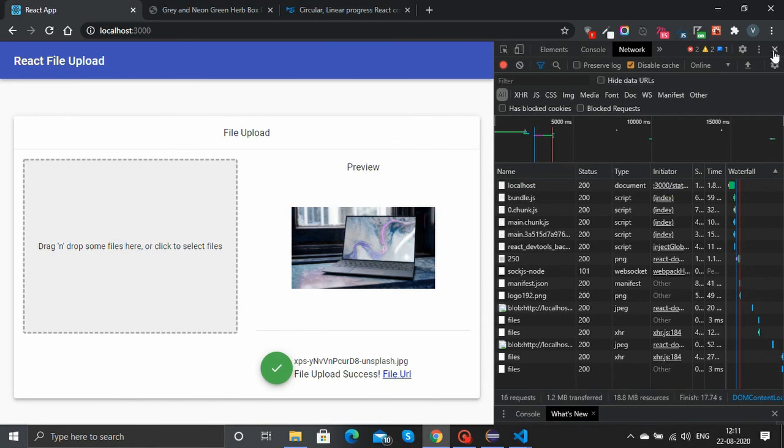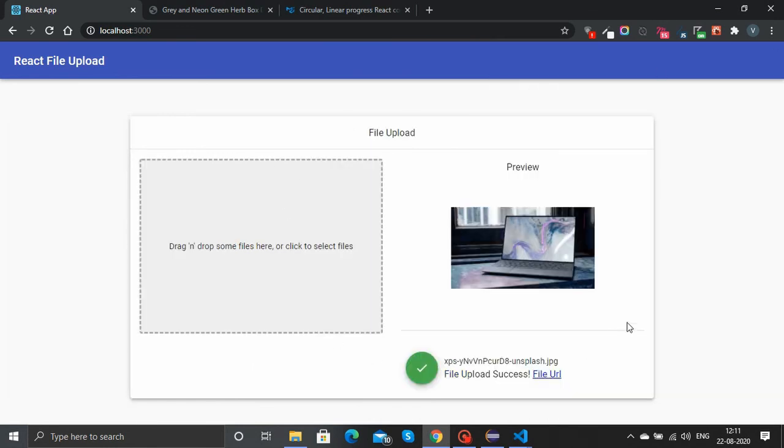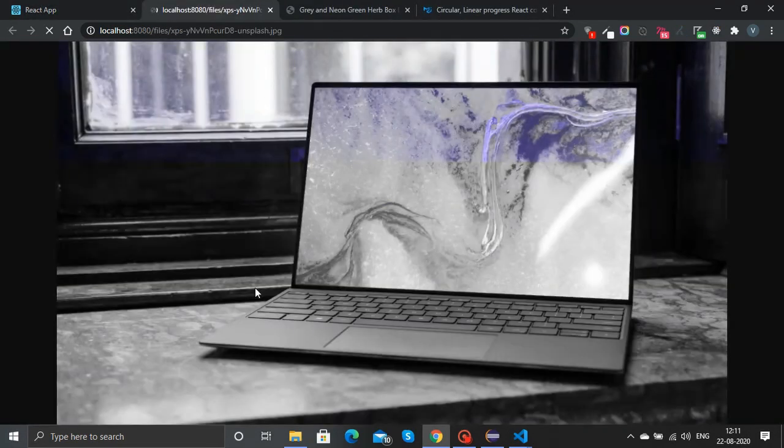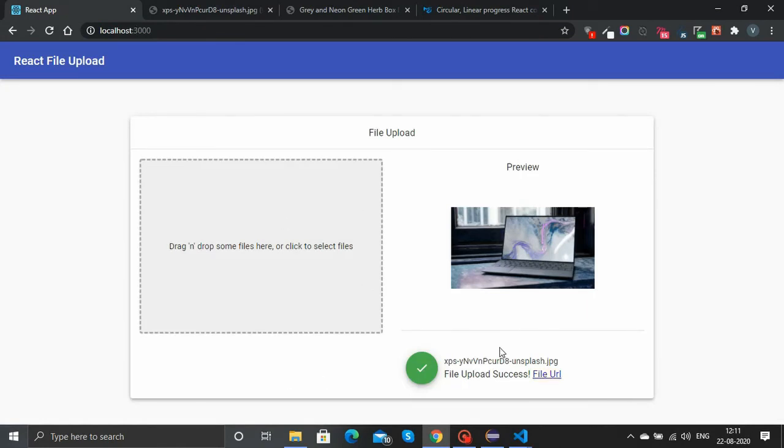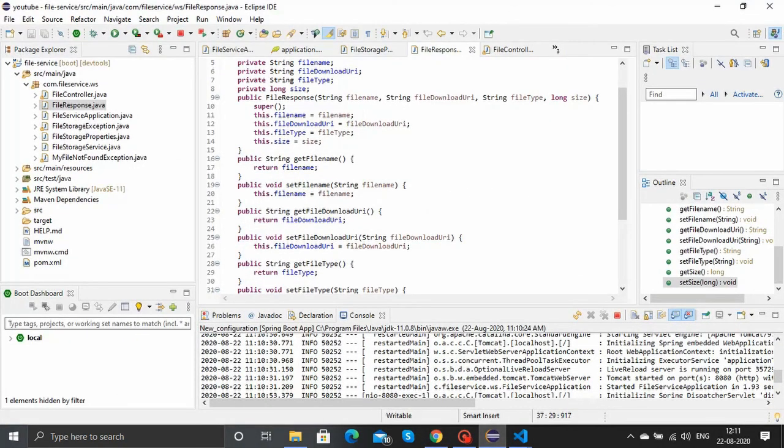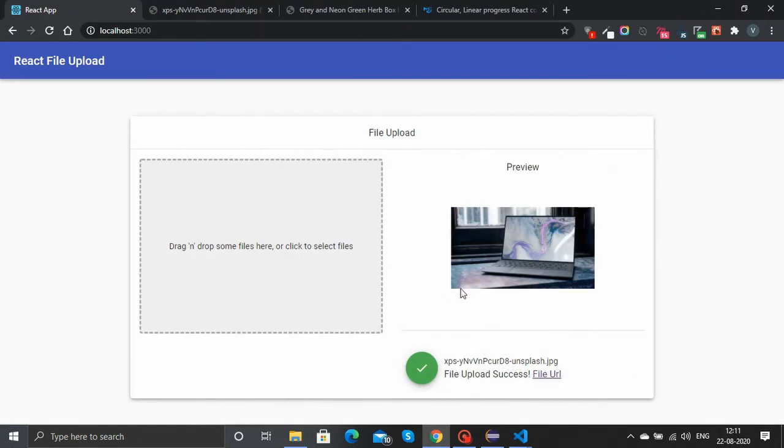So as you can see, we have created a nice, beautiful component for file upload, and we have made use of the service that we created in the first video. We have created a drop zone file picker, and when we upload the file we will show the percentage completed. So we are using the service that we created in the last video.